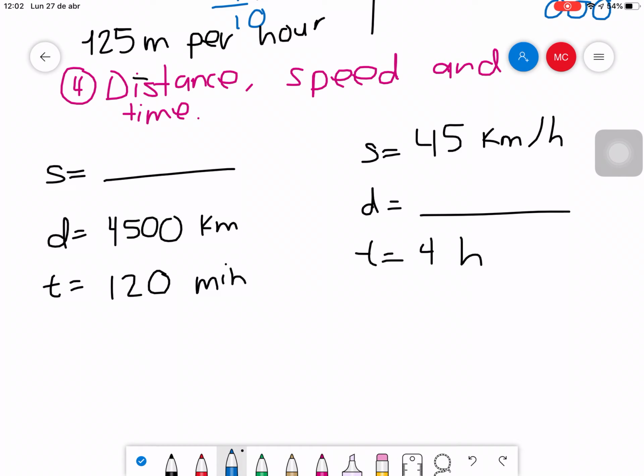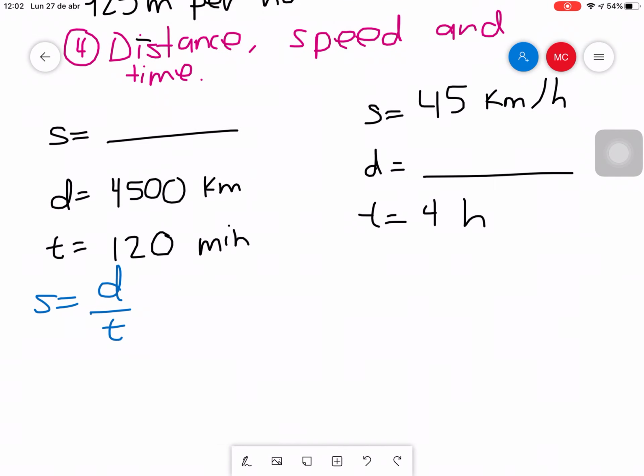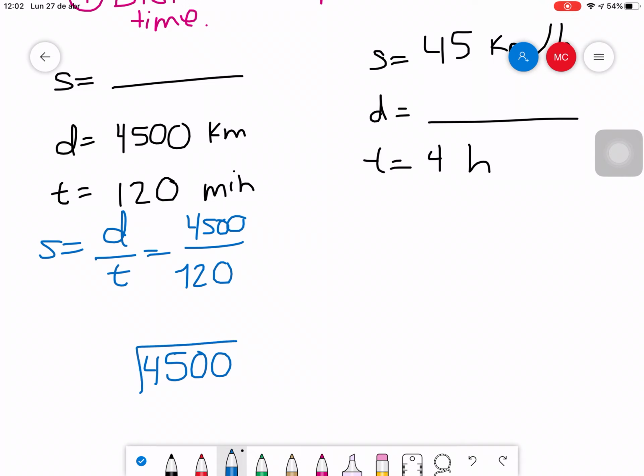And the formula to find the speed, pay attention, because sometimes when you were working with this, you were confused with the formula. It is distance divided by time. Okay, so you just start dividing. It says, how much was the distance? The distance was 4,500, and then you're gonna divide that by 120. So let's do it. 4,500 kilometers divided by 120